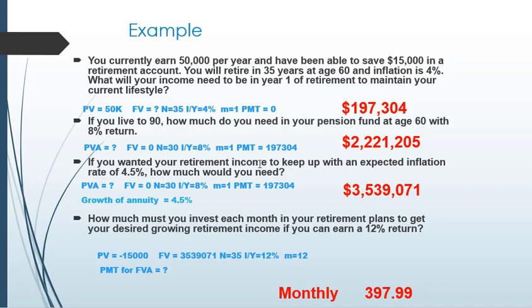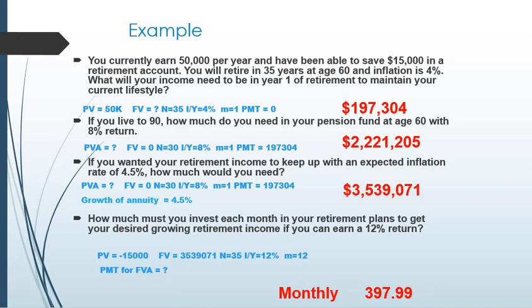What if you wanted your retirement income to keep up with inflation? Let's say inflation's 4.5%. You then would need 3.5 million. So using that 3.5 million as the most we would need, how much do you need to invest on a monthly basis if you're going to save for retirement? Again, you're starting already with $15,000 and you can earn 12% on your money. If you plug the numbers into our spreadsheet, you'll find out that you need to save roughly